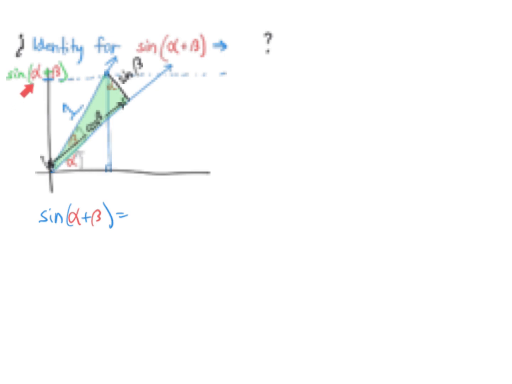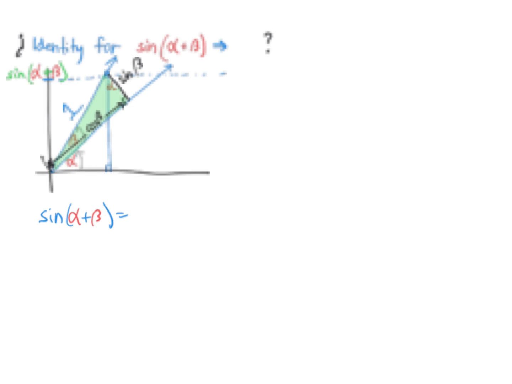Remember, we're trying to come up with a different way of writing sine of alpha plus beta, which is a different way of writing this vertical distance. And the way we're going to do it is break it up into a sum of two parts. And we could think this part from here to here plus this part from here to here, but it doesn't work very well. We can do it, and the trigonometry expressions we get would be very messy, not very elegant,